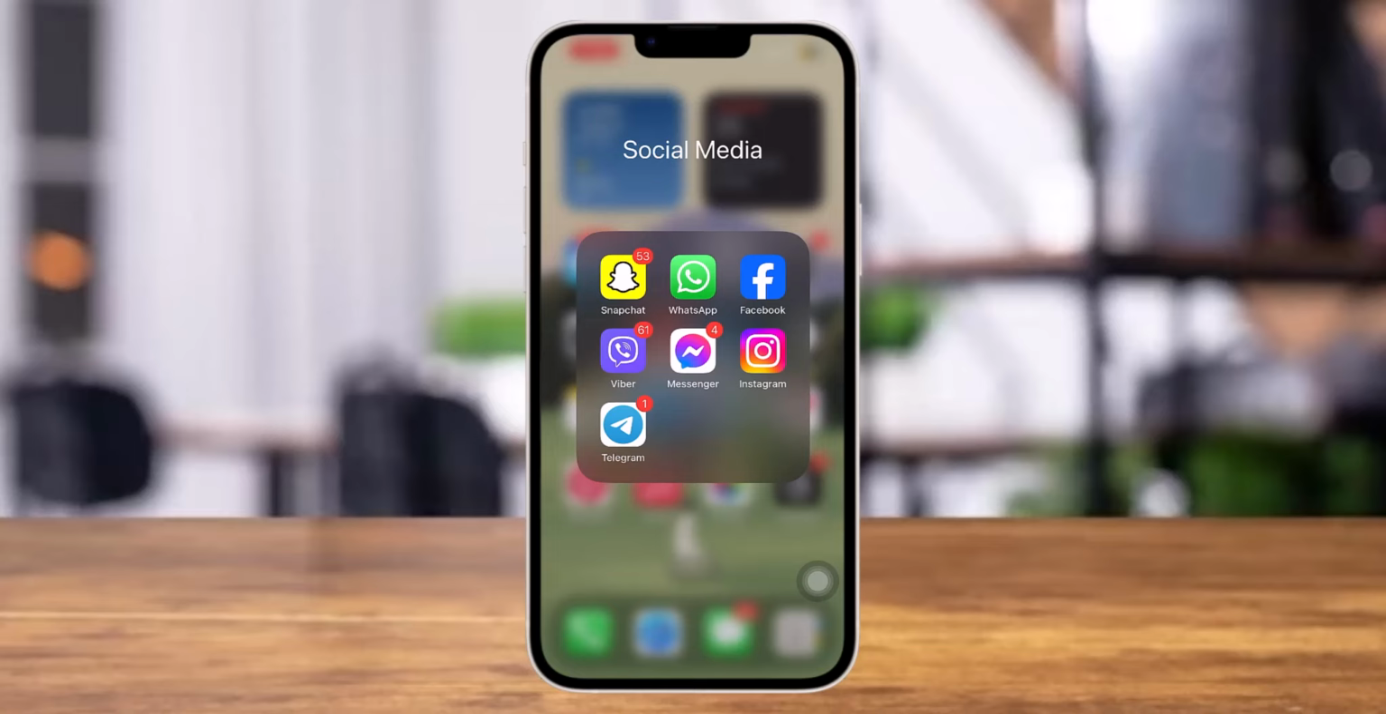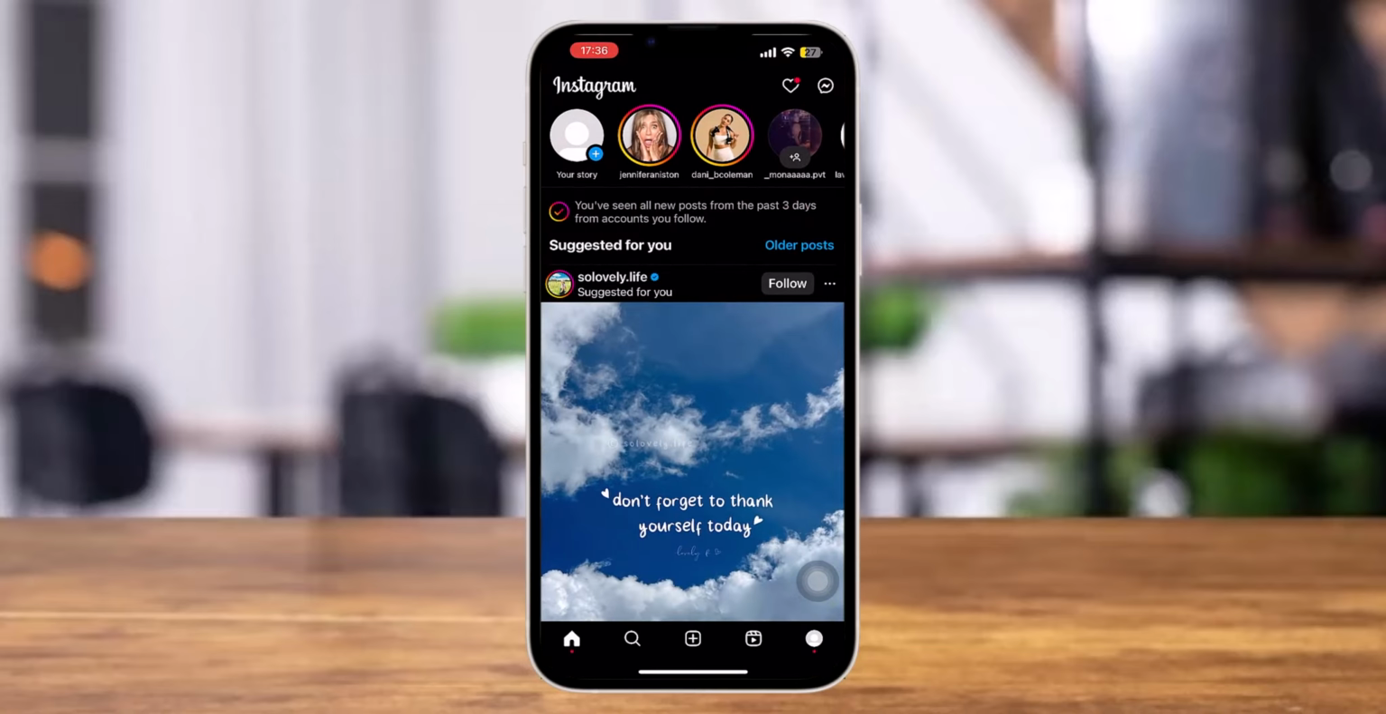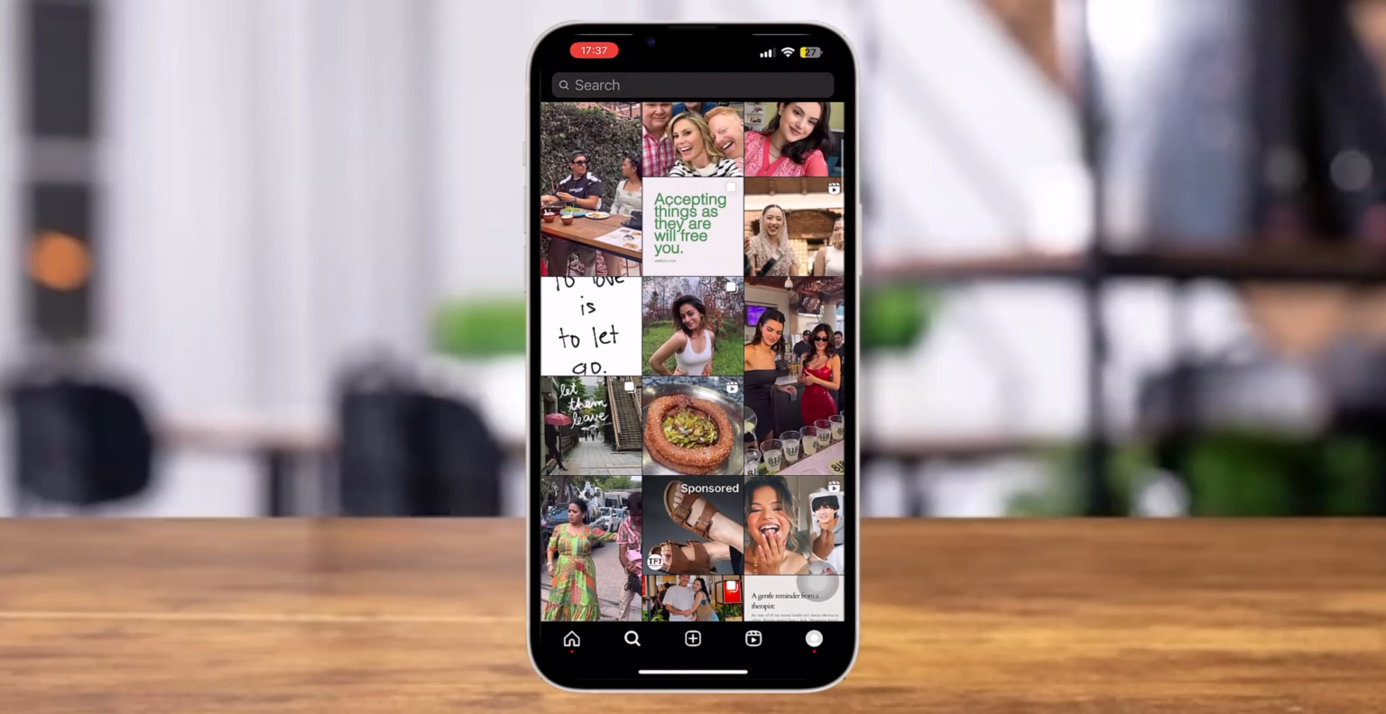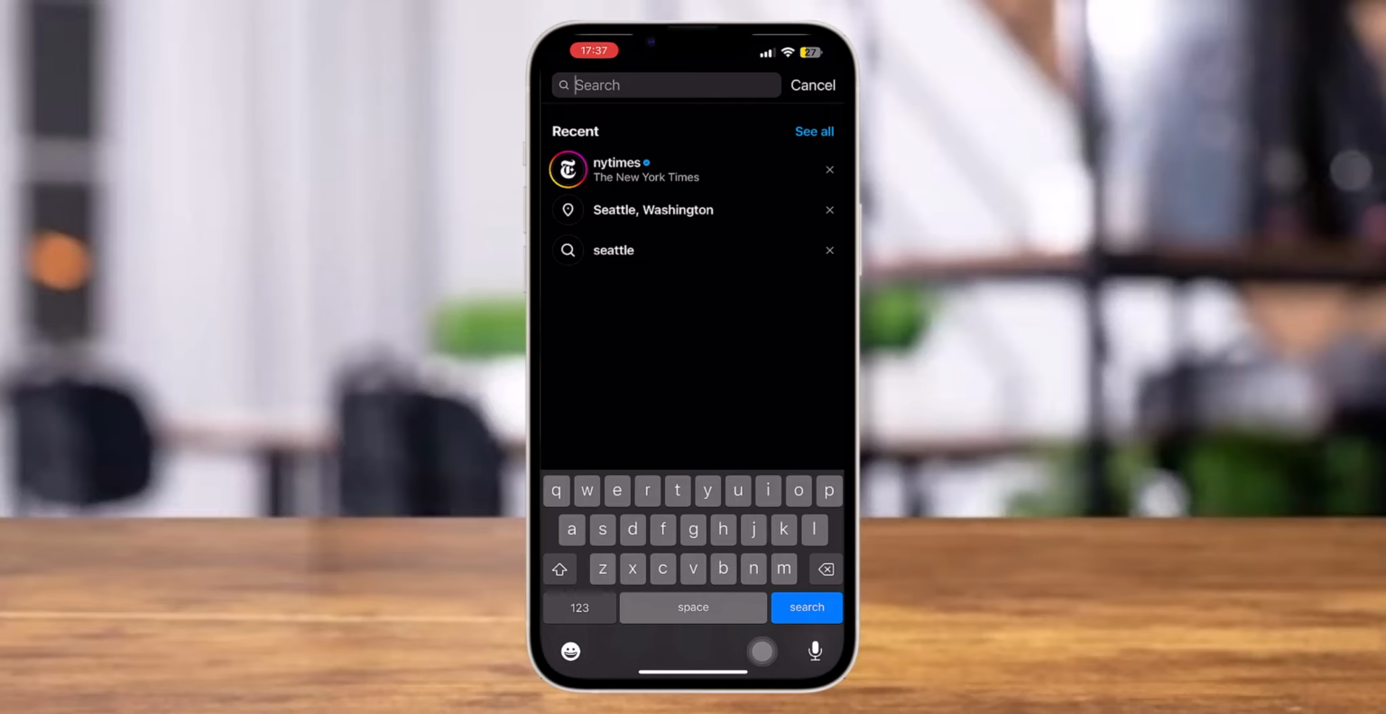So first of all, open the Instagram app. Then go to the search icon at the bottom and go to the search bar on top, and you can see your recent search suggestions. You can tap on the cross button beside each of the keywords to delete it,